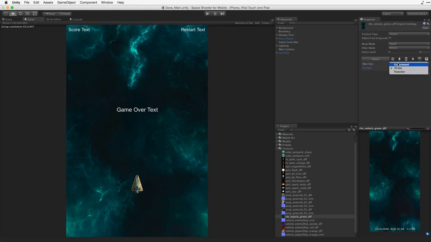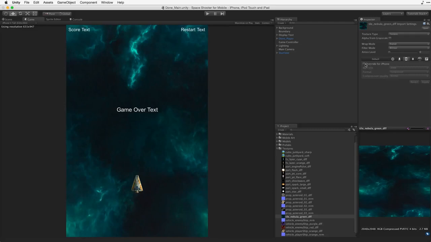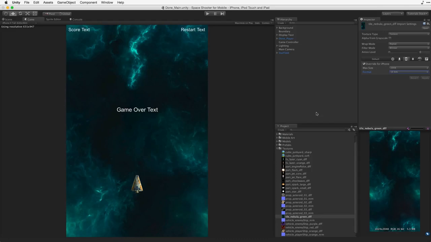So if we want to leave this as compressed by default, and we want to change this only for our mobile, we can override for the iPhone, and we can change our compression, make that 16-bit, and apply. And in which case, this compression scheme is only going to work when we have our build target set to the iPhone. Now, if we enter play mode,